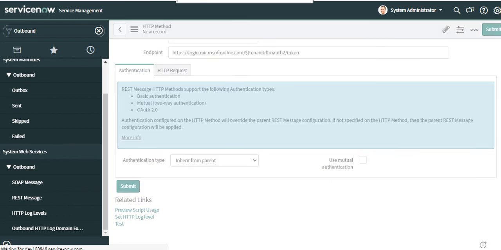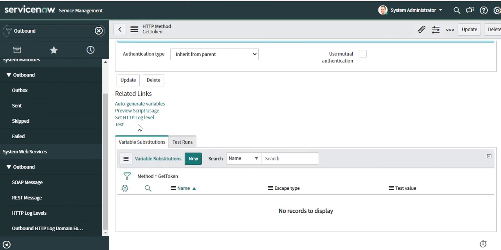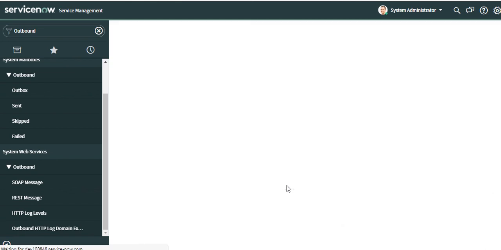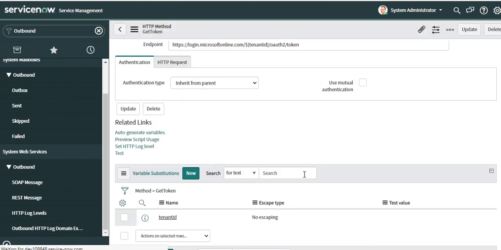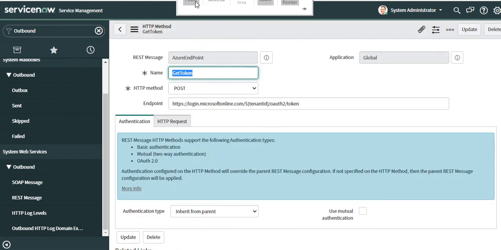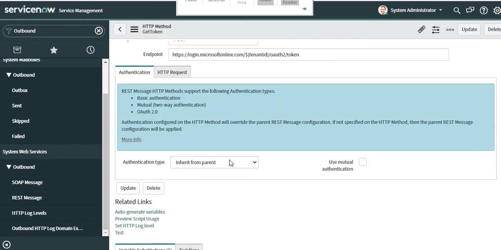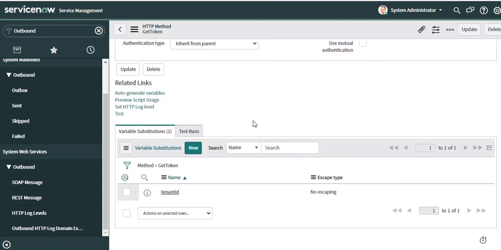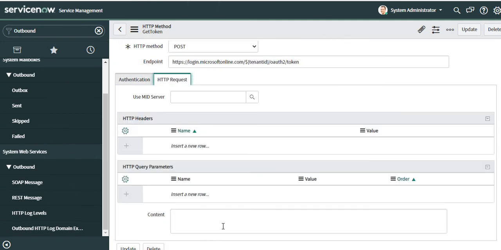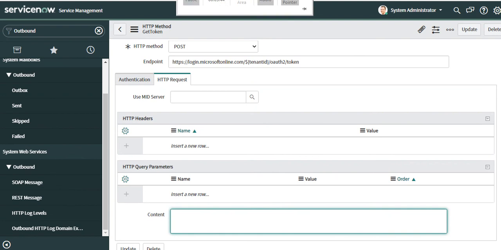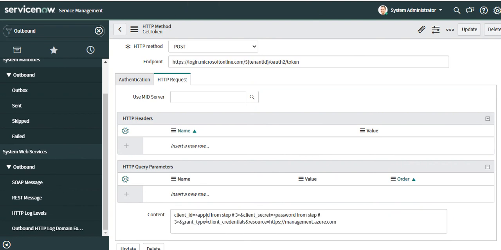Save it. Once that is done, we will click on auto generate variables, so I can pass a test value for testing. So I have added the test value now, and the next step is to create the content. So this is how the content would look once I replace these values here.